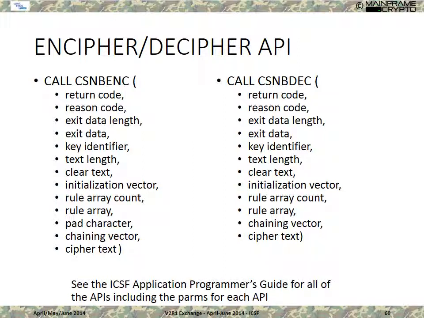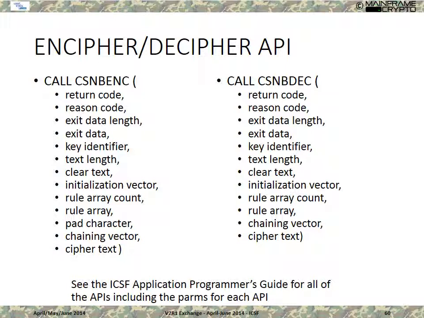So this is the encipher decipher API. This is the API that you would use to encrypt data. You see the first four parameters, and both of them are the return code, reason code, exit data length, and exit data. By the way, I should have mentioned when I talked about those, it's up to your application to query that